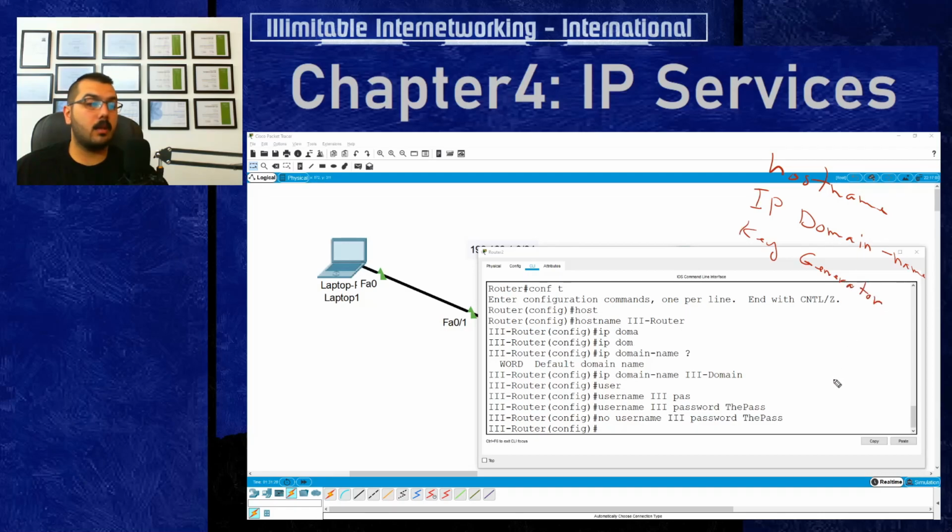For the SSH to encrypt the traffic between the two devices and also to enable SSH. Step number 4. Step number 5 is to enable logging on line VTY, all the lines of VTY. What are the lines of VTY? Lines of VTY actually